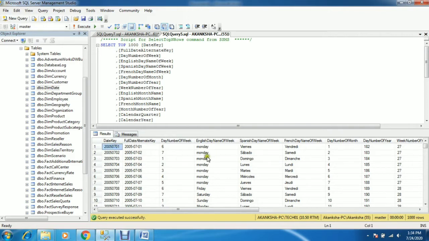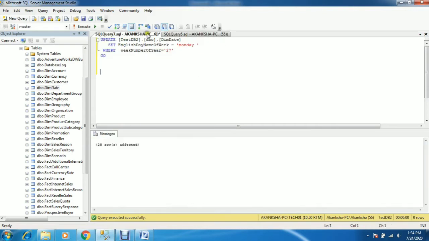I will update one column with new records and then I will do the recovery till that time. So I'm going to update these tables.